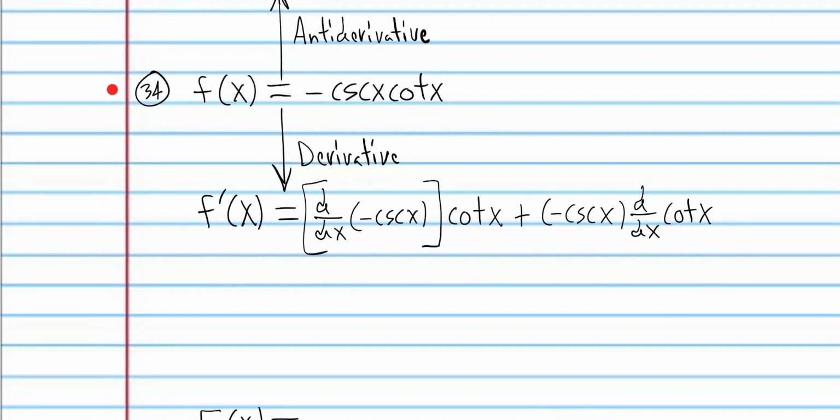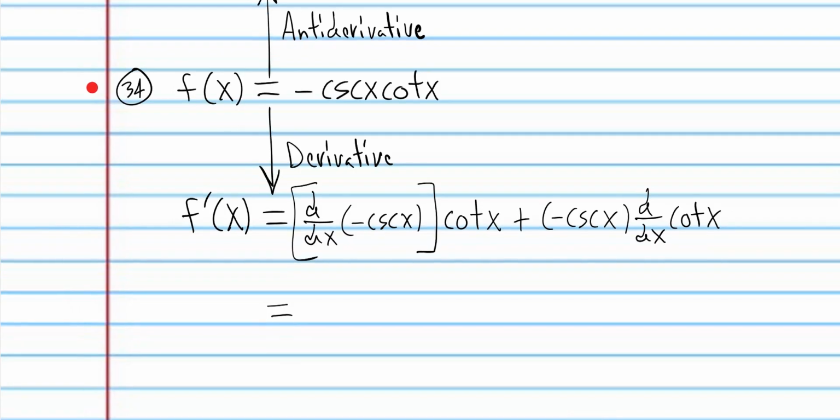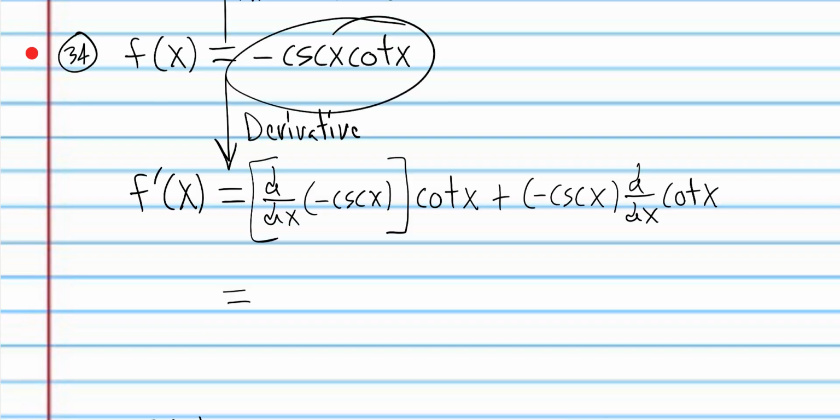And you might say, as you said in probably previous classes, well, I don't like that. I don't want to do that. Well, nobody wants to do it, but that's just how you have to find the derivative of a product, or else your answer is going to be wrong. So the derivative of negative cosecant is,